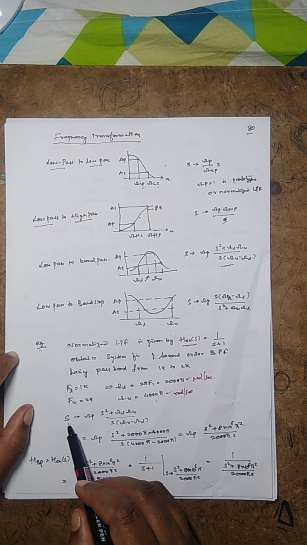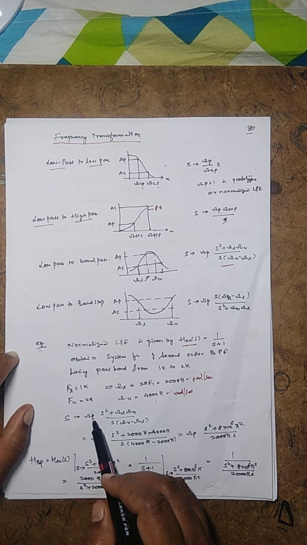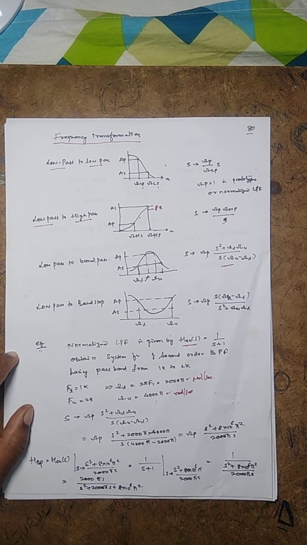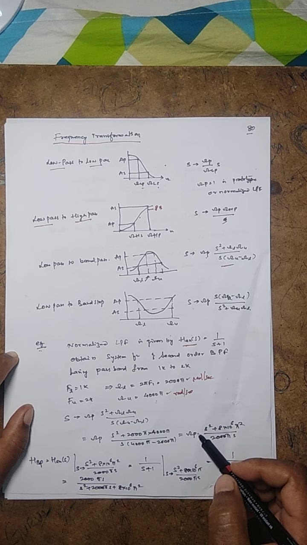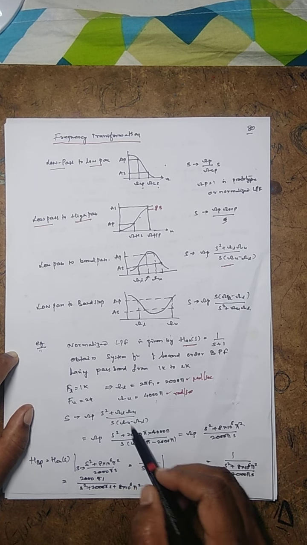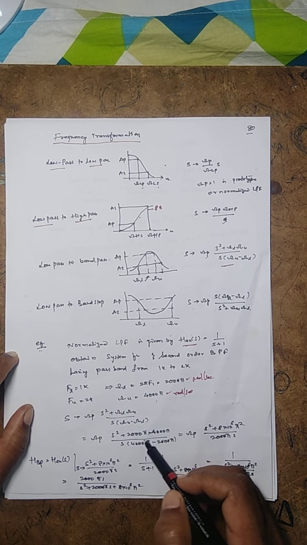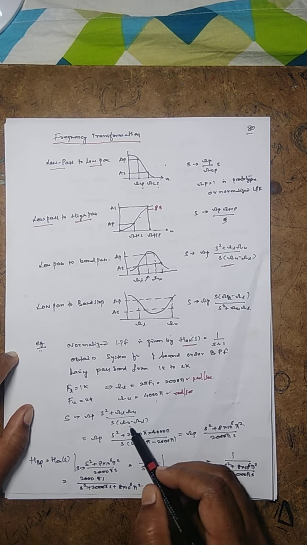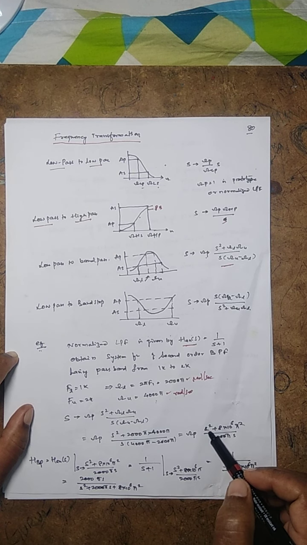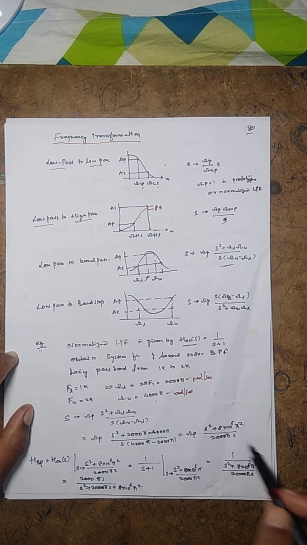And what is the S value? S is to be replaced by omega P into this expression. Omega P, pass band L, U is given. So substitute the values omega L, omega U, 2000, 4000 pi, divided by S, omega U minus omega L, you will get this one, omega P into the simplified version of this one.